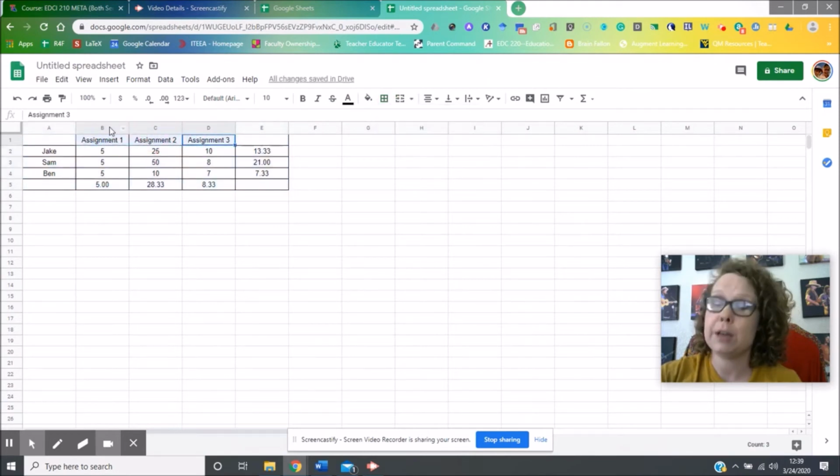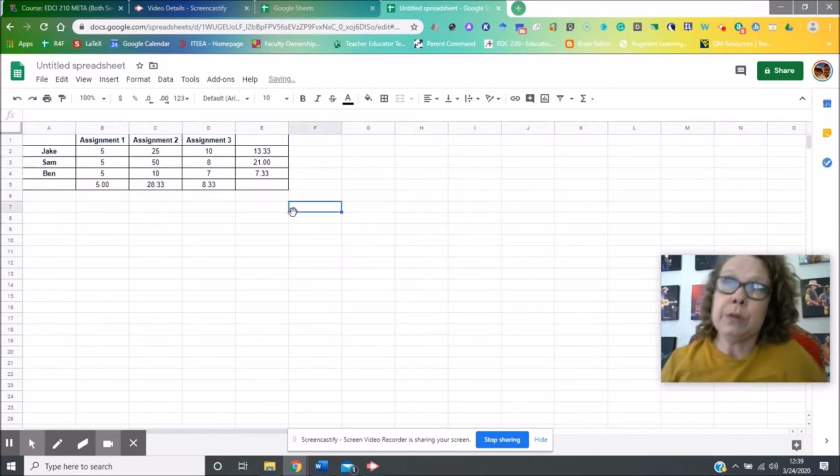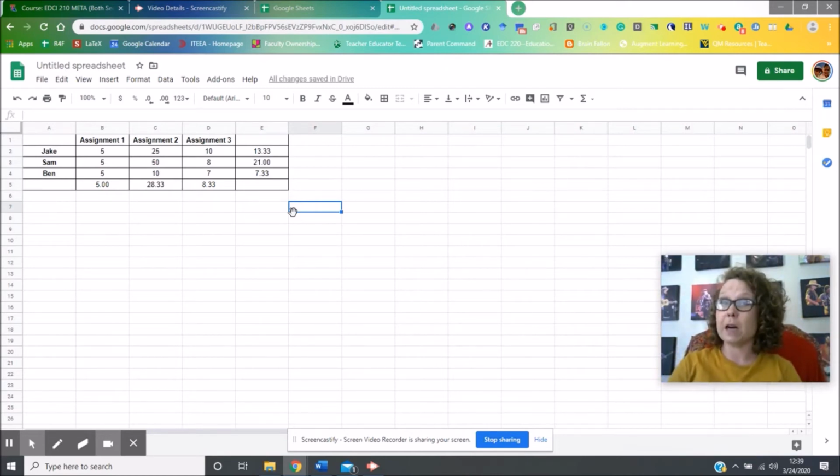You can go right here and make that bold. Go right here and make the students' names bold too. So you can use all these options similar to how you would format a document to format how your sheet looks. I can go up here and title it,